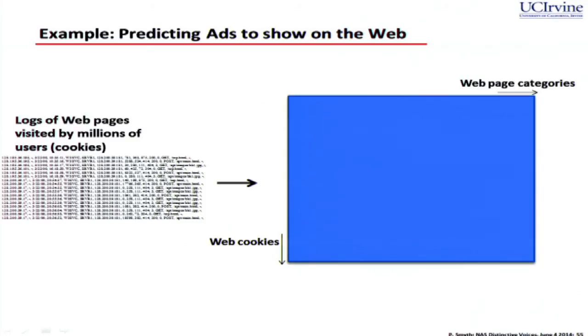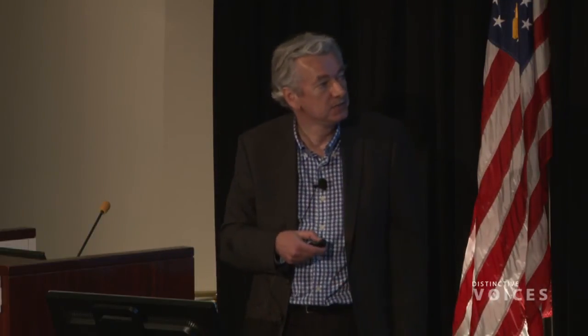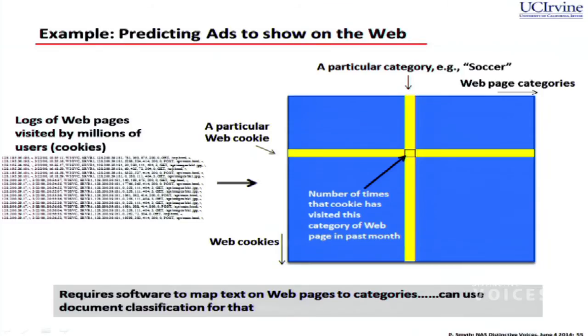Web pages, basically you're represented as a cookie on your computer, so that's the rows. And then what they do is they categorize where you've been before. So instead of looking at the actual URLs of pages, they look at what category of the pages. So if you visit a page on soccer, they'll put a count in there. So now it's the number of times that this cookie, you, has visited this category of web page maybe in the past month. So they have this vector now of maybe 2,000 categories, and all of us are in lots